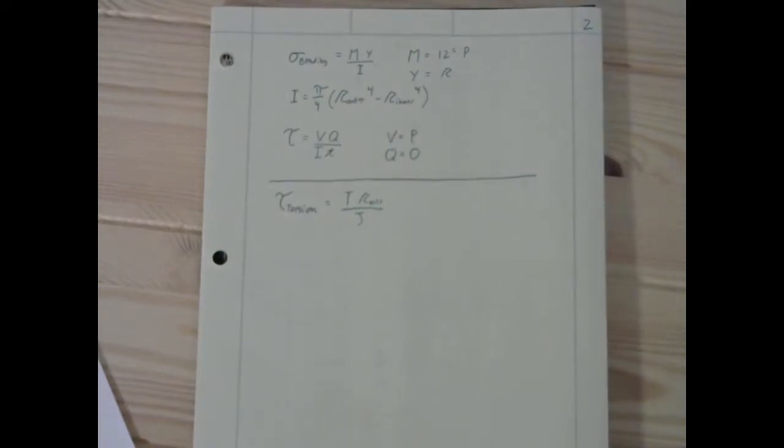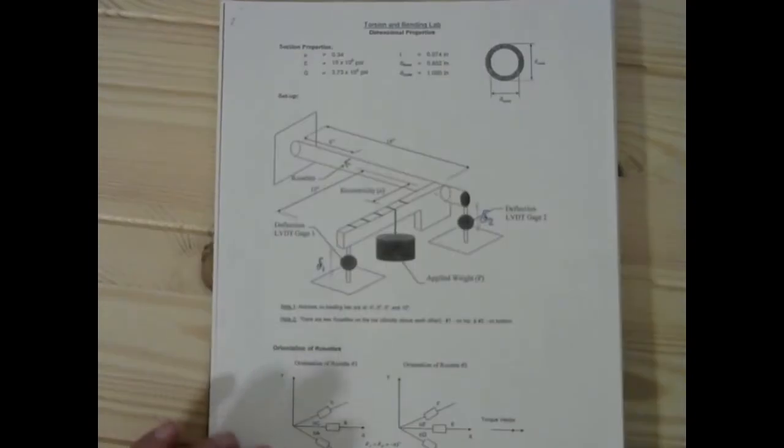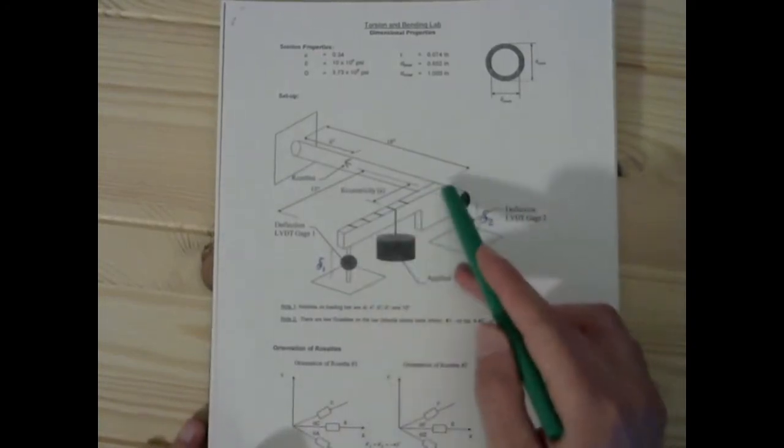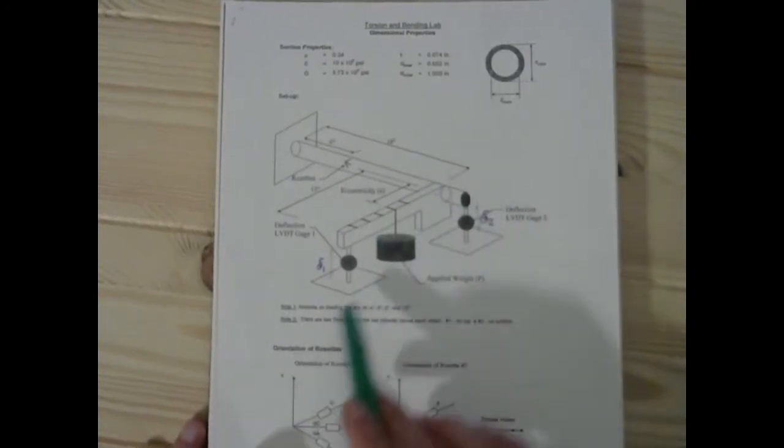Welcome to the second video for the lab on torsion and bending of a circular hollow tube. In this one, we'll look at the sources of stress for the points that we're considering. When we're working with this loading, we're going to have both torsion from this eccentricity, and we're going to have